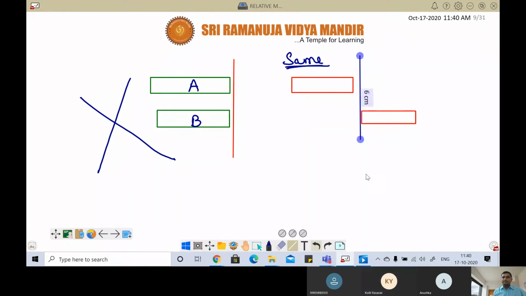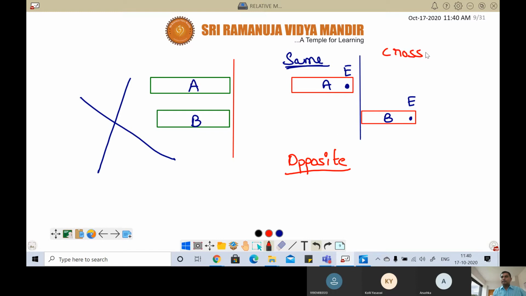Understanding? If they're traveling in the same direction like this, fine. Suppose they're traveling in the opposite direction, then how should we draw? Let me say this is the engine of train A, and this is the engine of train B. Understood? Suppose they're telling that the two trains are in opposite directions and they have to cross. Here also crossing, but in the same direction. Here also opposite direction crossing. In this case, how should we draw? Should we draw like this?